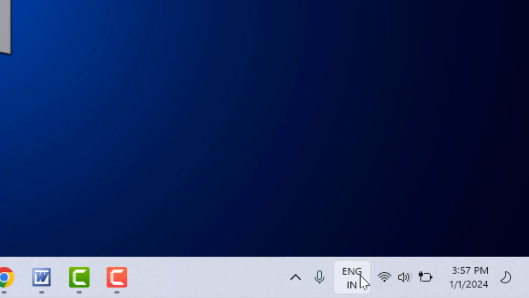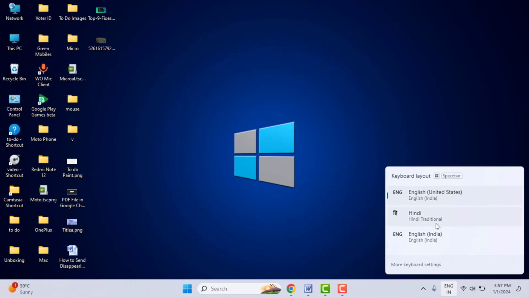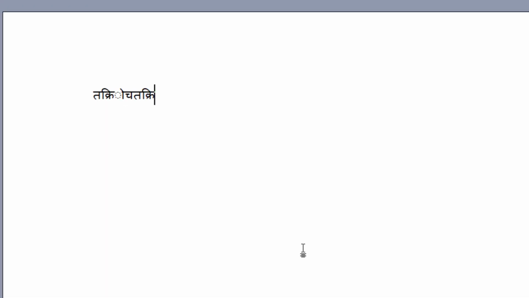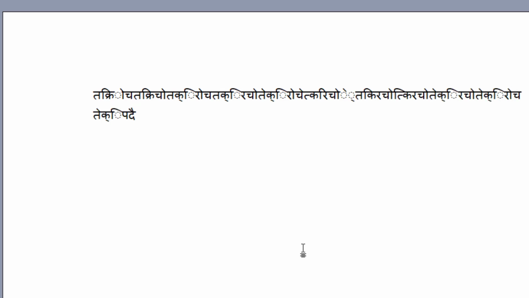In the taskbar here you can get the option ENG. As you can see, just click on it. From here you need to select the Hindi language. So when you type anything from your keyboard, it will type in Hindi, as you can see guys. Like this, this is the very easy and very simple method to change the keyboard language on your